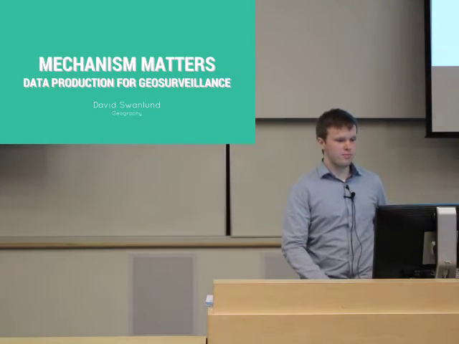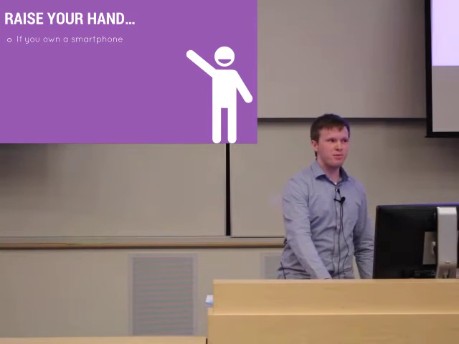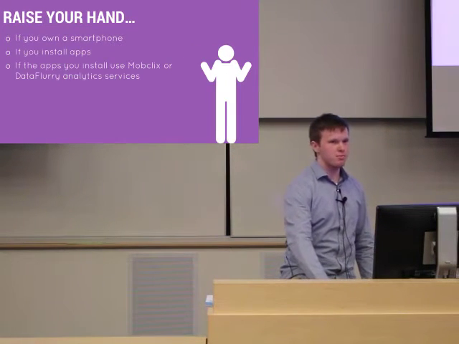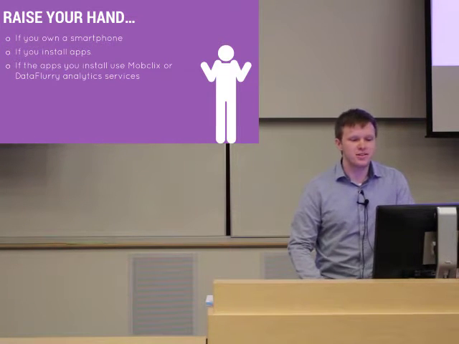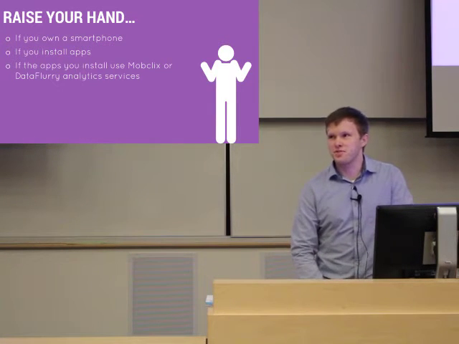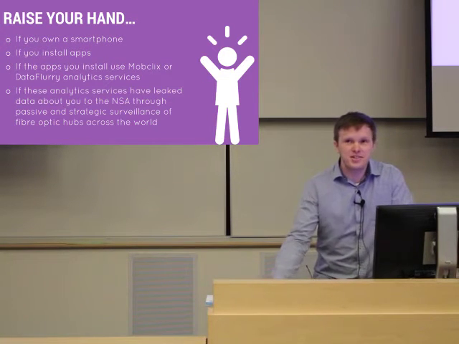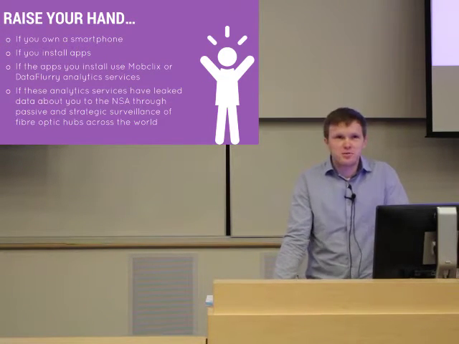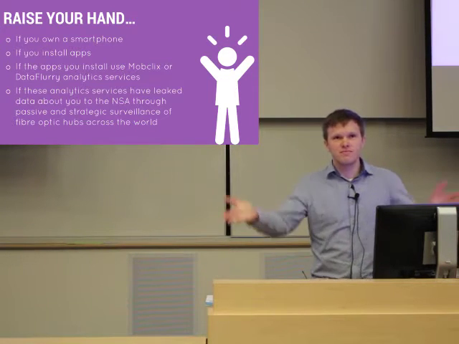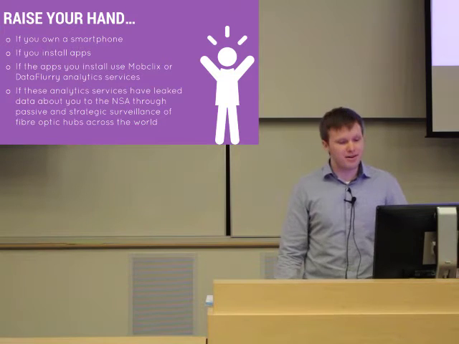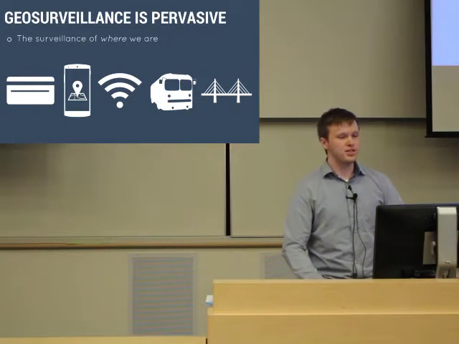Okay, so raise your hand if you own a smartphone. Okay, keep it raised if you install apps on that smartphone. If the apps you install use either mob clicks or data flurry analytics services. If these analytics services have leaked data about you to the NSA through passive and strategic surveillance of fiber optic hubs around the world. You should all probably have your hands up, because geosurveillance is pervasive, and geosurveillance is this